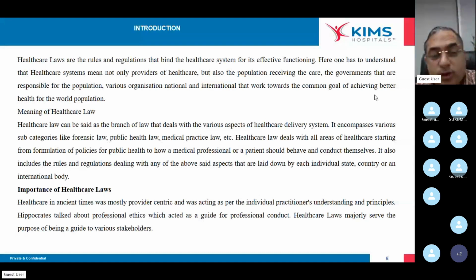Hippocrates thought of the need for professional ethical standards to be followed in the medicine field, and he came up with this. This is not the exact oath that Hippocrates had written at that time. This is a modern version. Of course, if you go onto Google and type, you will get the Hippocratic oath, which was written by him and his disciples.